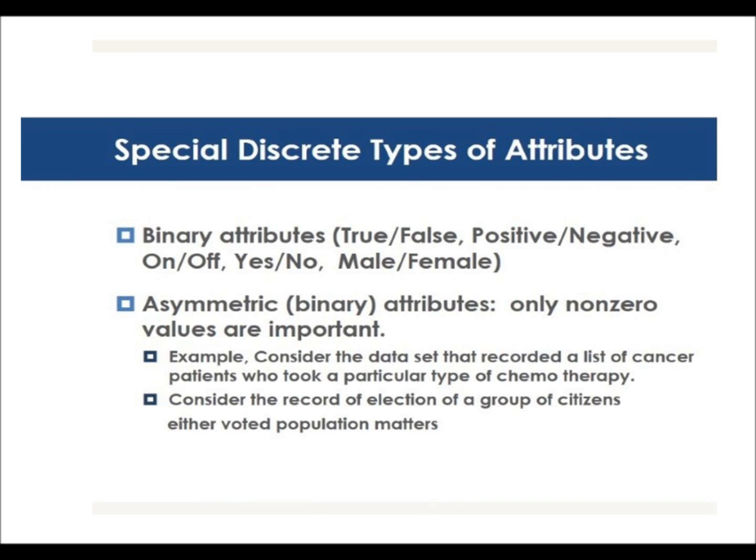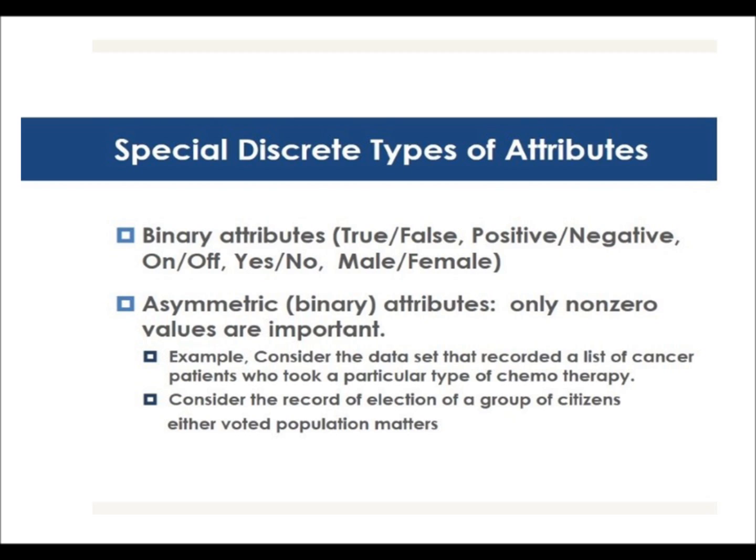Of attributes are binary because it's yes, no, on, off, and male, female. Computer science is very good if everything is binary because the whole underneath is built by binary math. But I want you to pay attention to this so-called asymmetric attribute. Could it be binary? Could it be